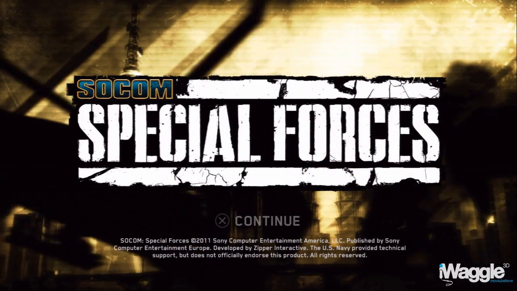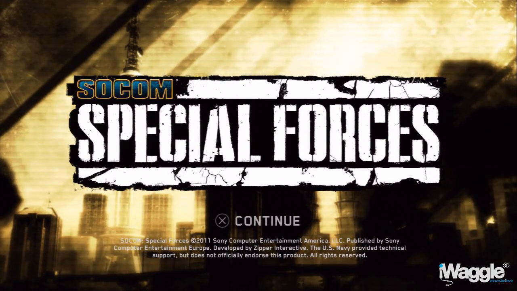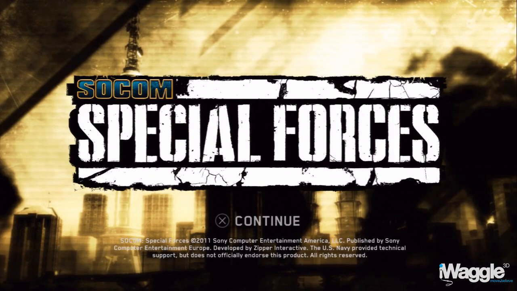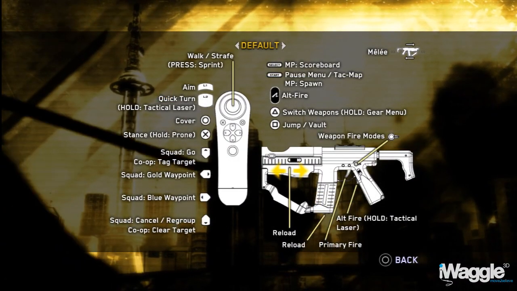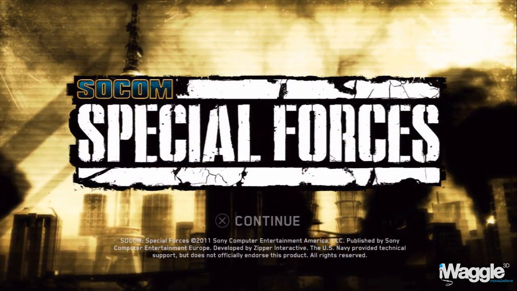Hello everyone! In this follow-up video to my previous analysis of SOCOM 4, I'm gonna show you how the move controls would work if the game adopted some of the characteristics of the Sharpshooter implementation. There are in fact some peculiarities in how the controls work when using the attachment, which I think would benefit the vanilla move controls. So, for a better understanding of what I'm going to show you, let me first describe